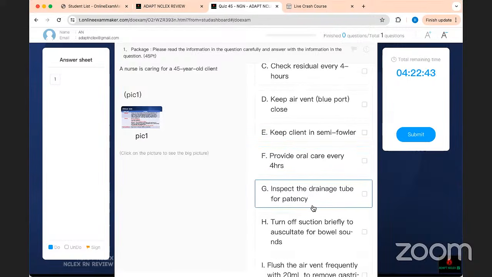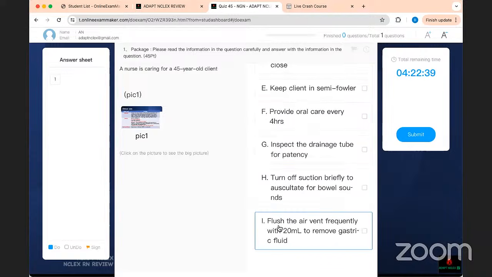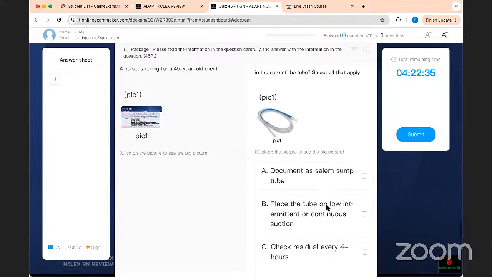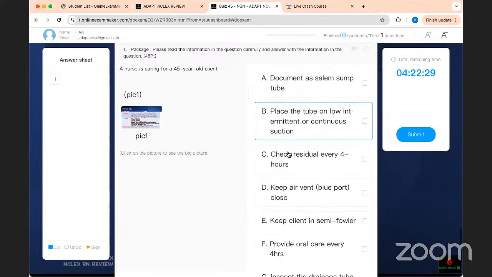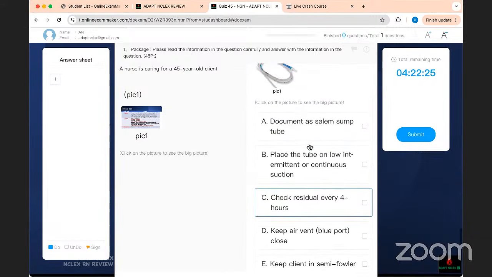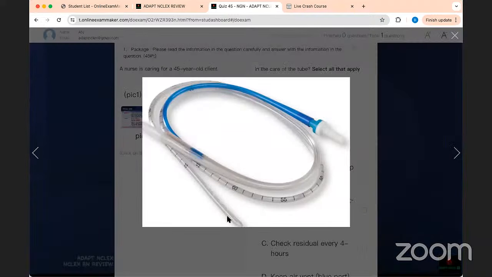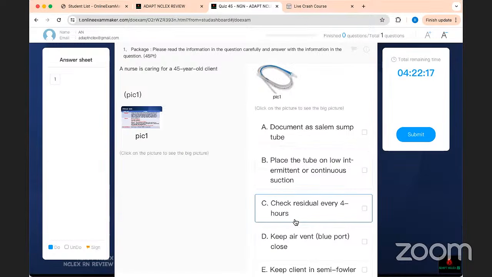Inspect the drainage tube for patency, turn off the suction briefly to listen, flush the vent with air. Basically, it's content. This is like full NG tube content I'm trying to give you. That's why the case is long, but that's the way I try to do it. This is like giving you a lecture. So you have to know what kind of tube this is,